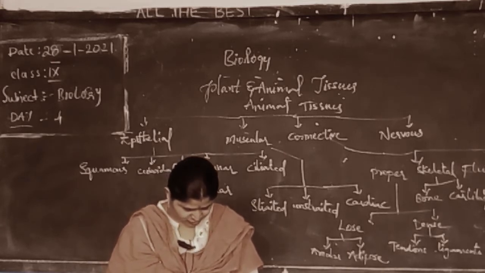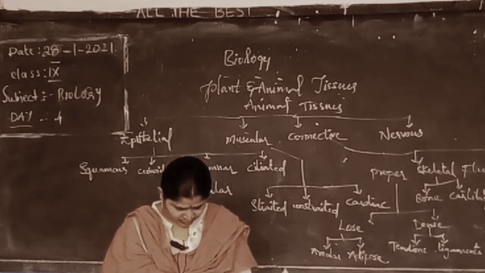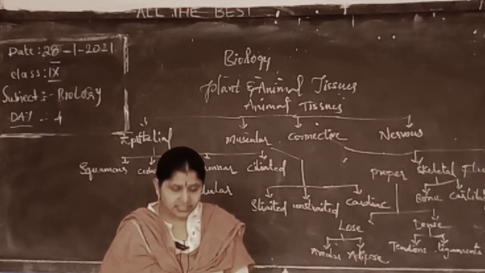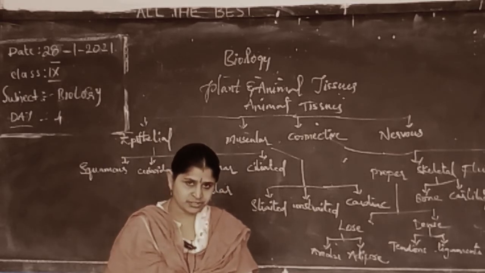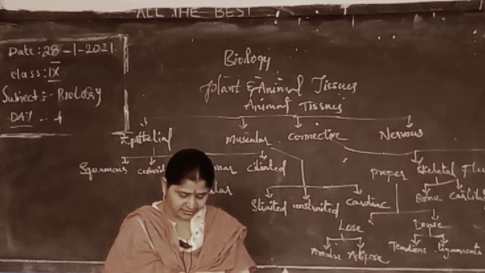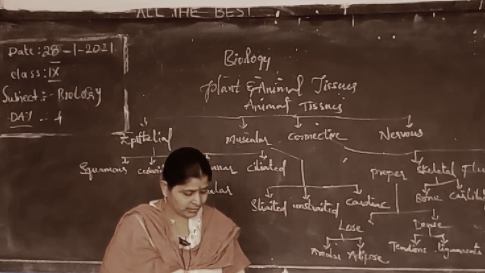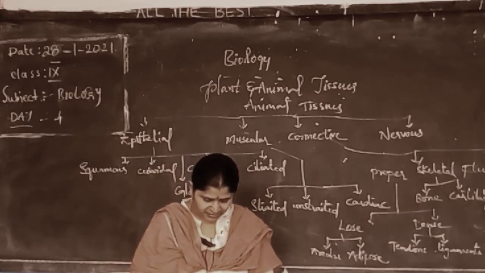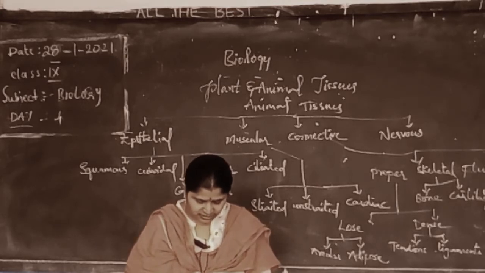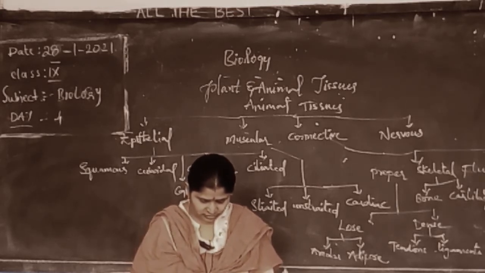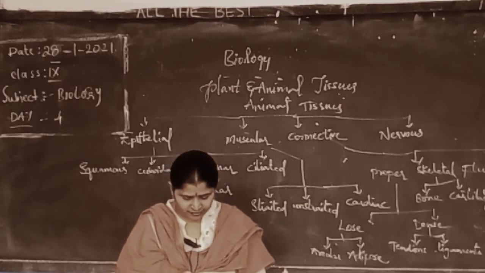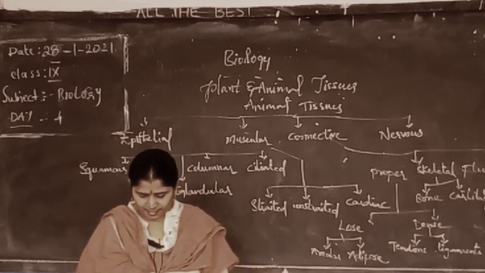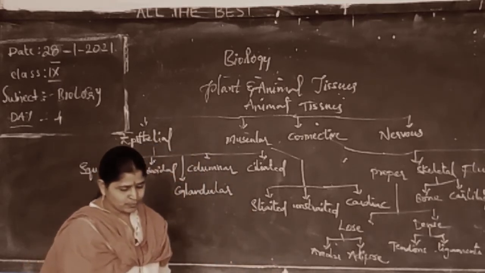If you open page number 37, you can see some terminologies, key terms related to this lesson. Okay? And before you go for these key terms, I will be explaining in detail about each and every tissue. First of all, the first category is plant tissues. All of you open the plant tissues now. The first category is about plant tissues.